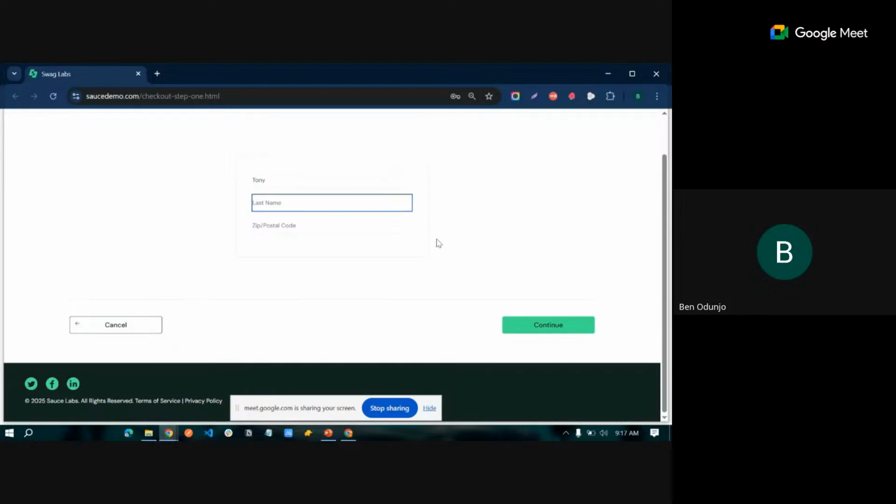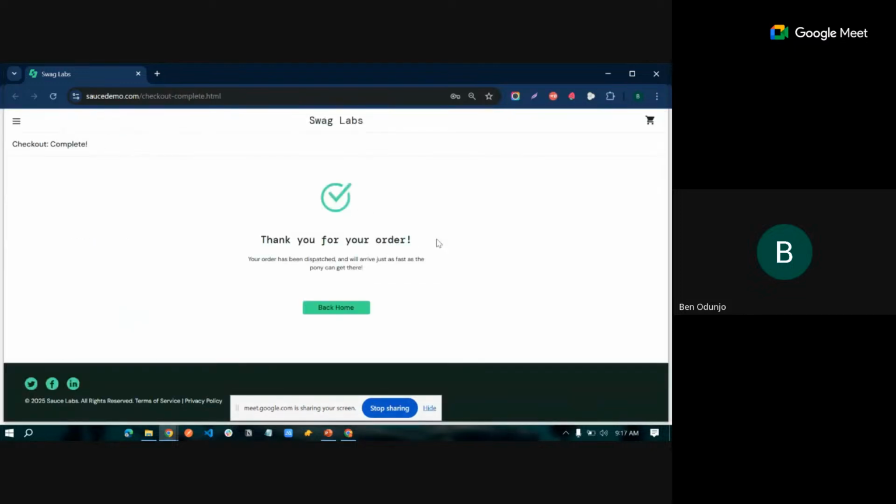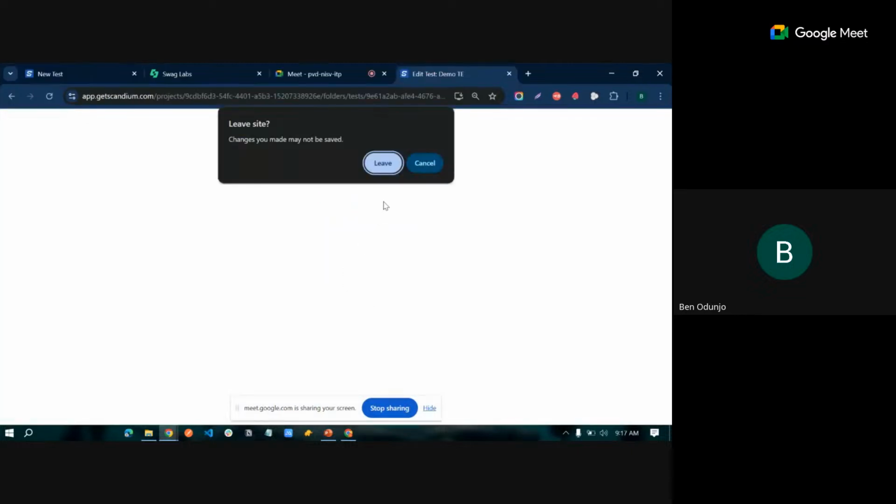So we've added items to carts, and now we're filling the checkout form, and we're done checking out. So now we can see Scandium has finished replaying the test scenario. We can now close this window and go back to